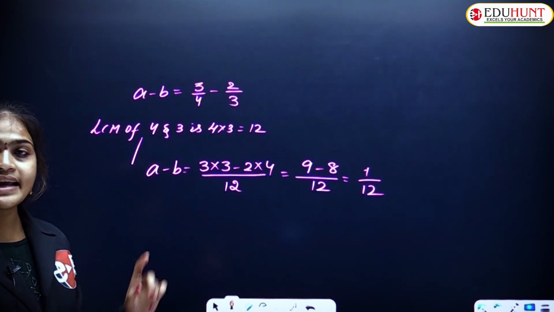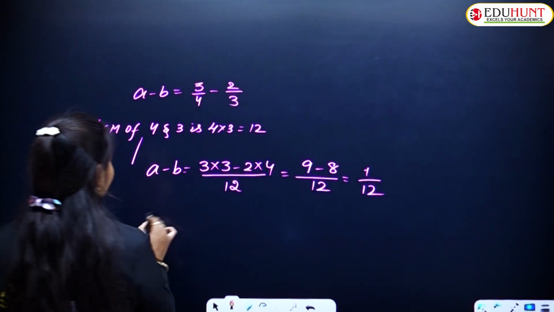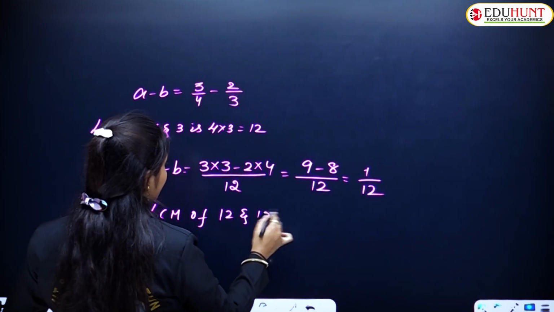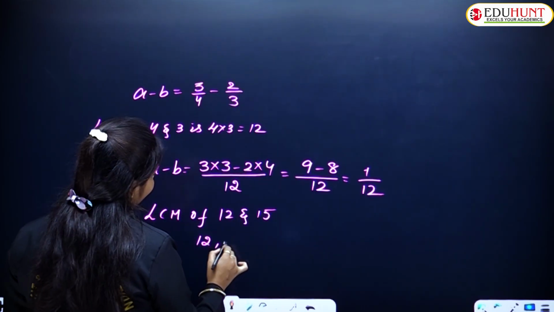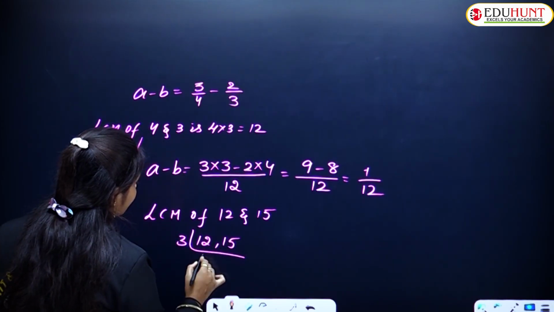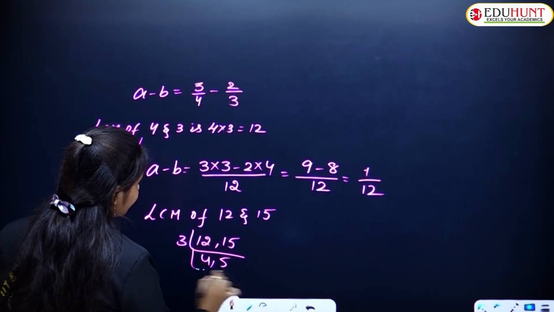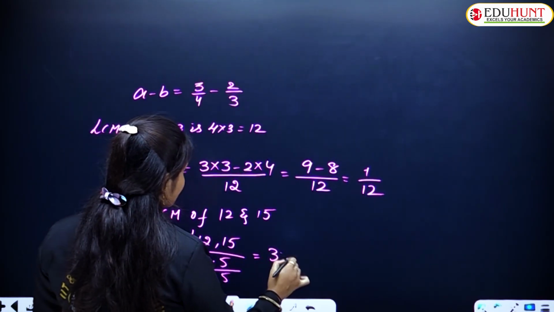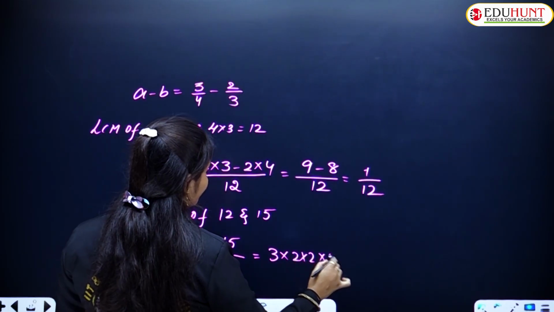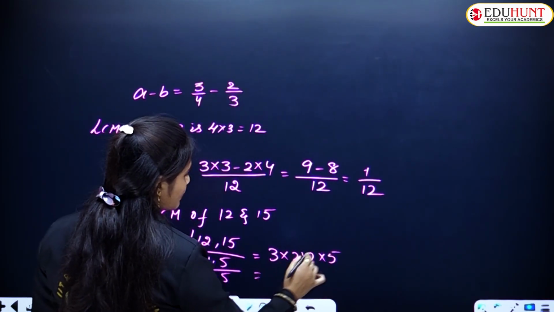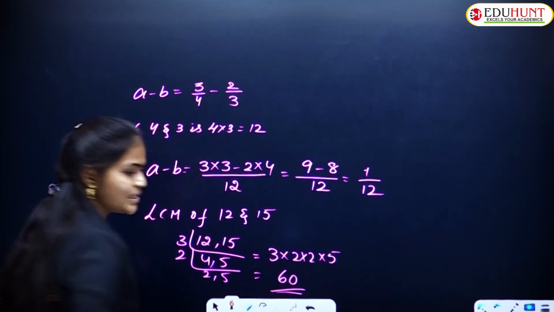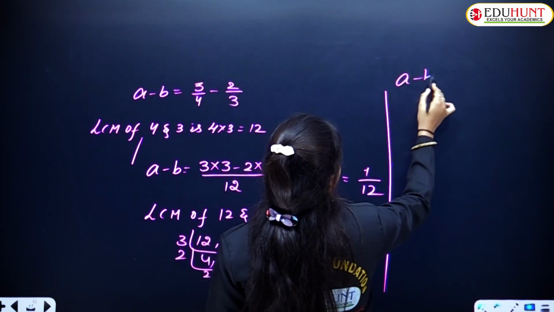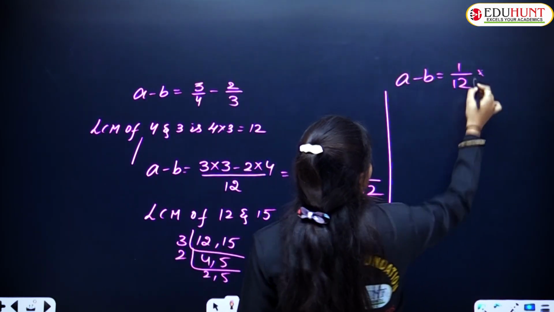So, what is that? LCM of 12 and 15, we have to do that. 3 4s 12, 3 5s 15. Next here 2 2s 4 and 5. So LCM is 3 into 2 into 2 into 5. 3 2s 6, 6 2s 12, 12 5s 60. LCM is 60. To make the denominator as 60, A minus B is equal to 1 by 12 into dash